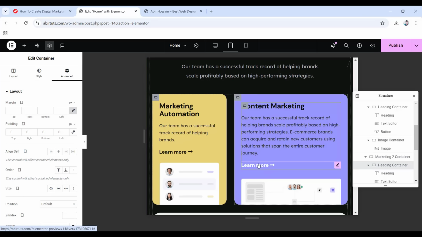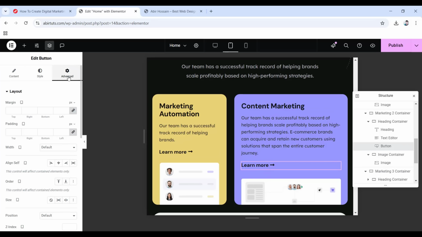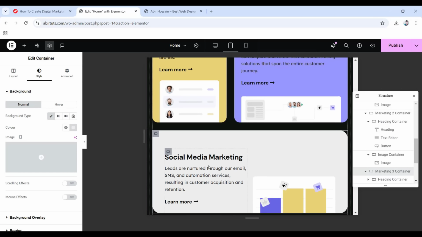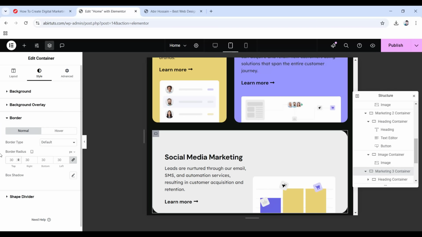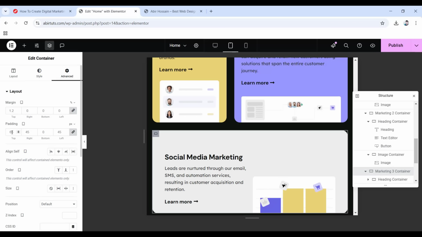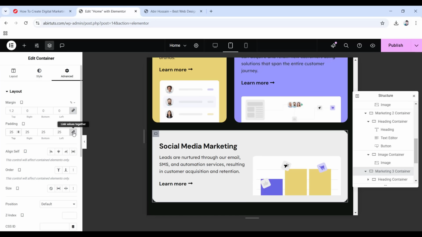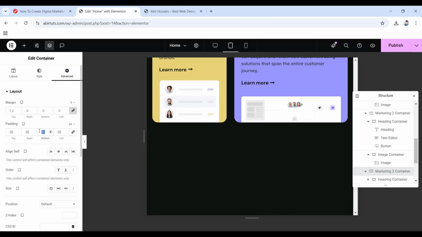Then choose this button, go to the advanced tab, unlink the padding values, make them all 0 as well. Now choose this marketing 3 container, which is this one, go to its style tab, scroll down, then go inside of border radius. Here set all the border radius to 20 pixels, then go to its advanced tab. Here set all the padding values to 25 first, and then unlink it, then only change the bottom one to